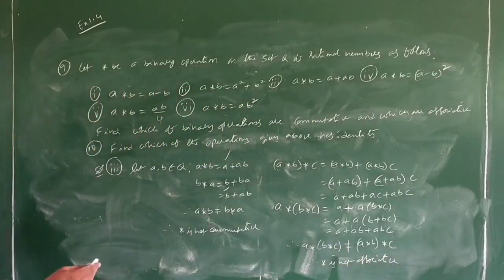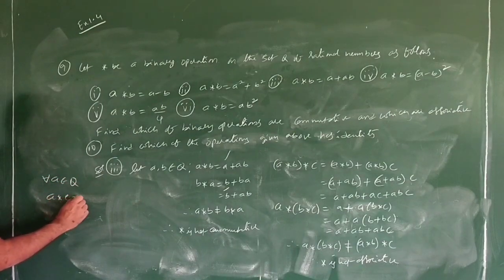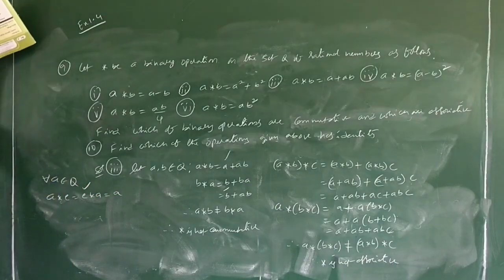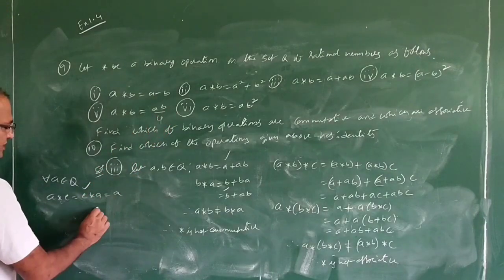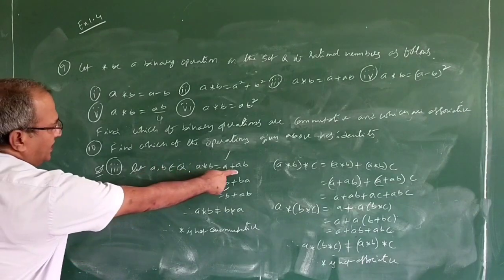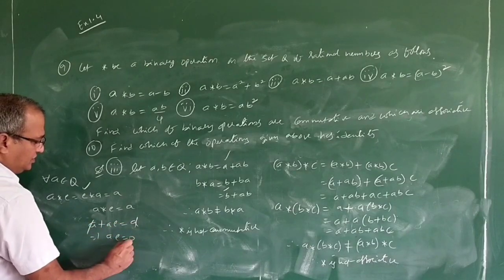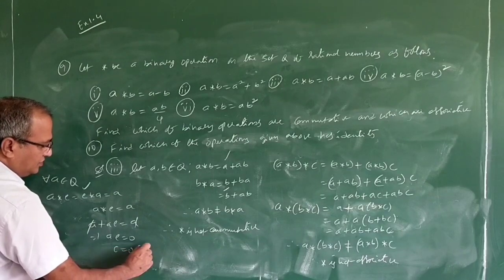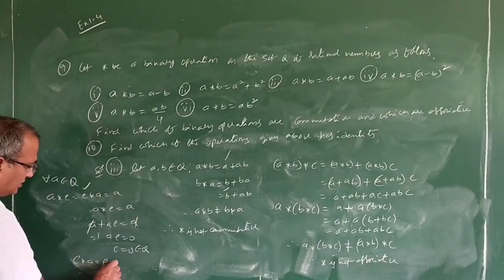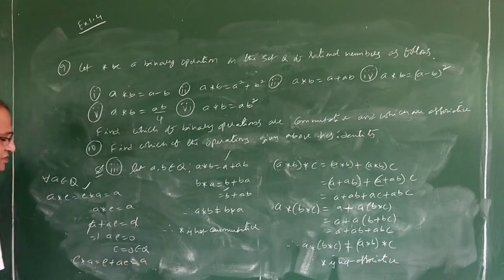Now to find identity. See, that's why the method is fixed. For all A belongs to Q, A star E star A is equal to A, then E is said to be the identity element. So here, according to the definition, A star E is equal to A. By the definition of this one, A plus AE is equal to A. A will get cancelled. AE is equal to 0. So E is equal to 0, which belongs to Q. So now E star A is equal to E plus AE is equal to A. Both have to be satisfied. Then only it is identity.